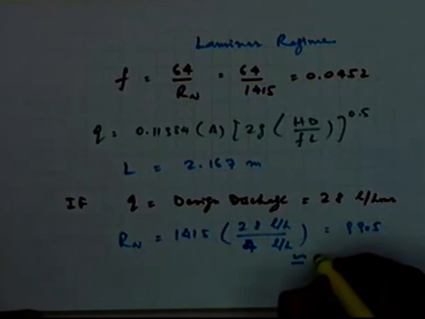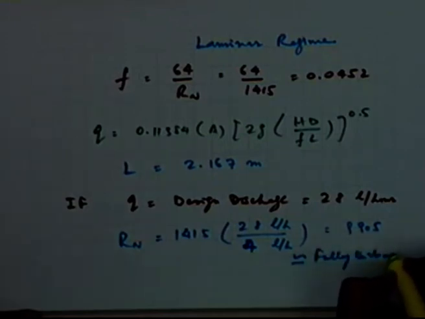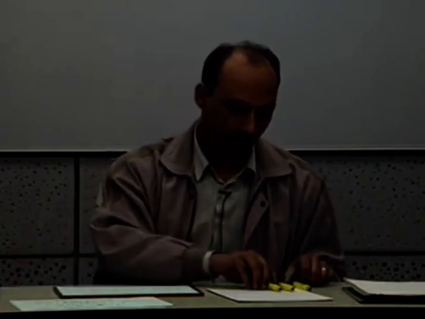So you can assume this to be a fully turbulent case. That means to get a design discharge of 28 liters per hour, your flow regime will become a turbulent flow regime, and now